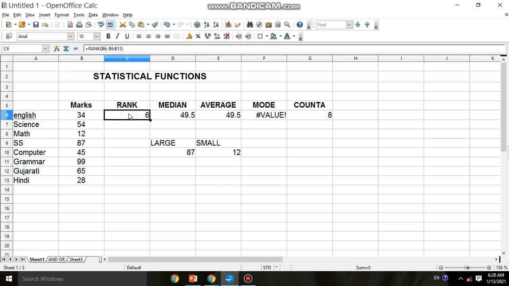So that B6, that is English mark, and its rank is, now the first rank is coming because I have given the highest mark. So the rank function will return the rank out of the given marks. You have to give the cell address and the range.